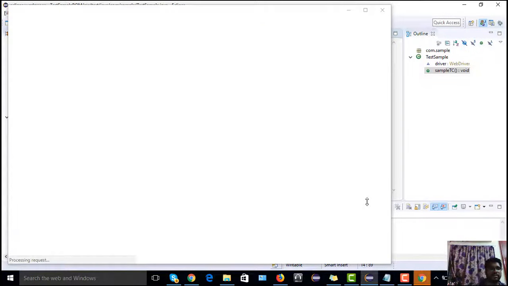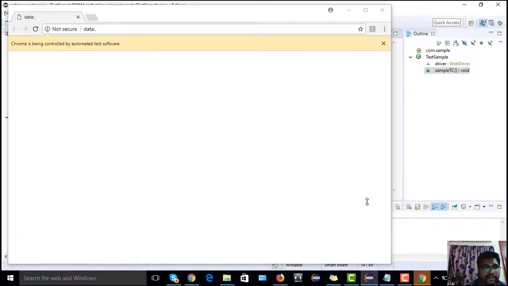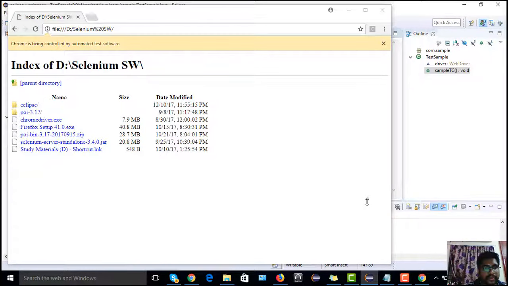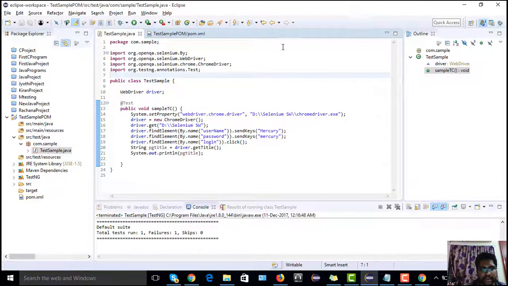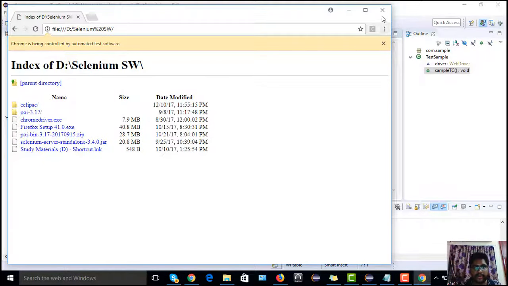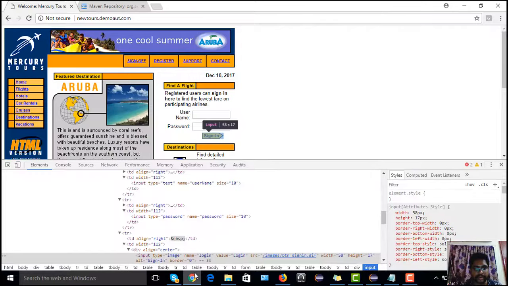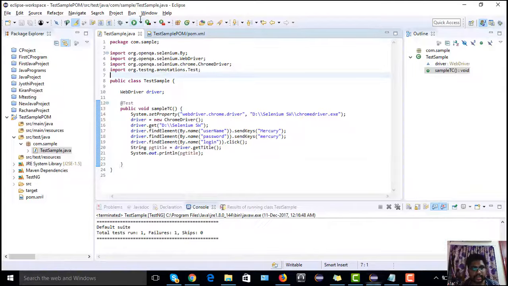Yes, Chrome is launching. Oops, sorry for this. What is happening? Index of Selenium. We have to give the URL of the demo website. By mistake I gave some other one. Control C and paste it here. Yes,